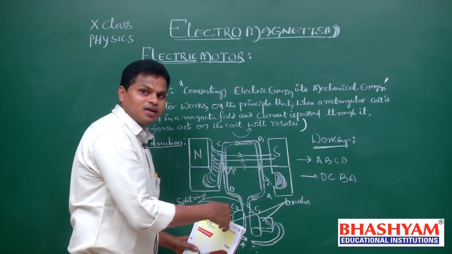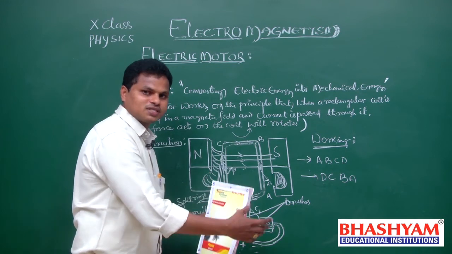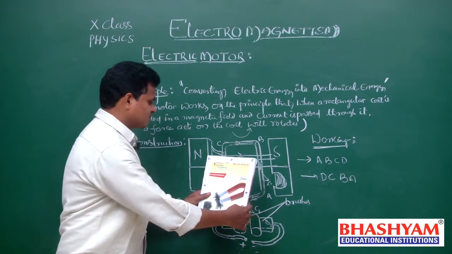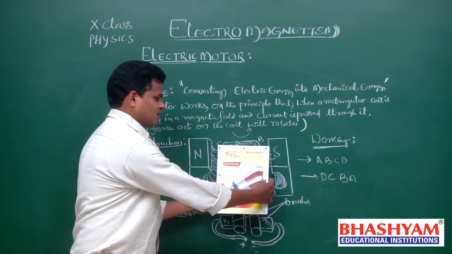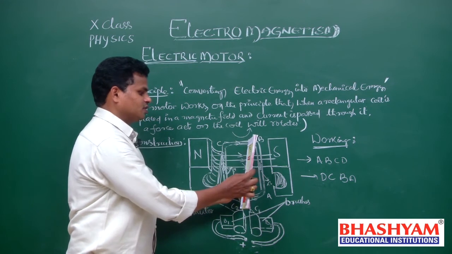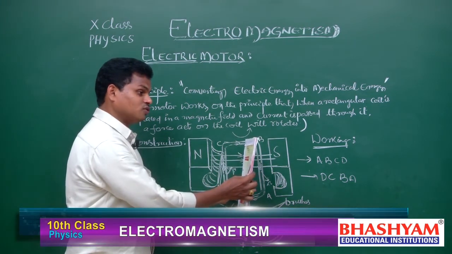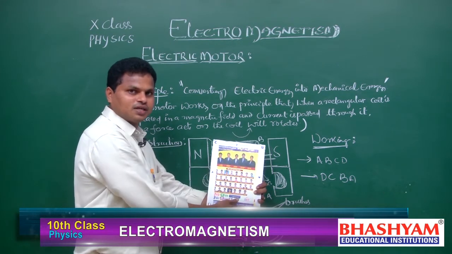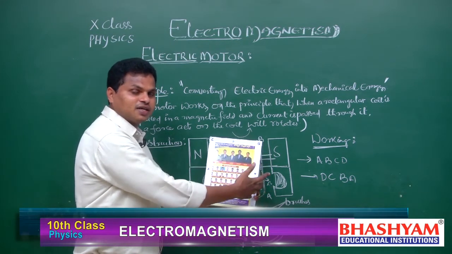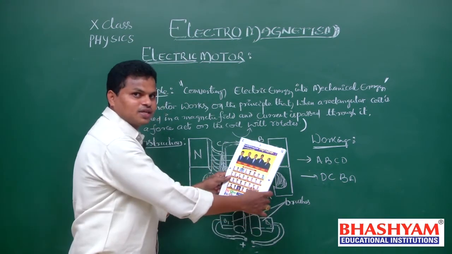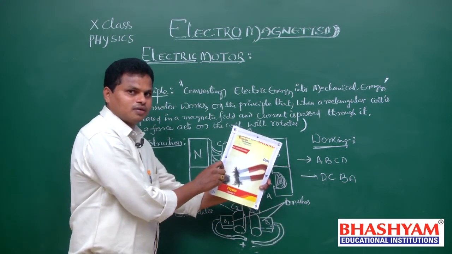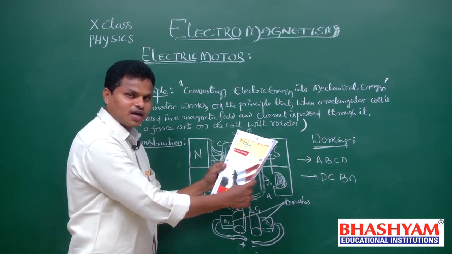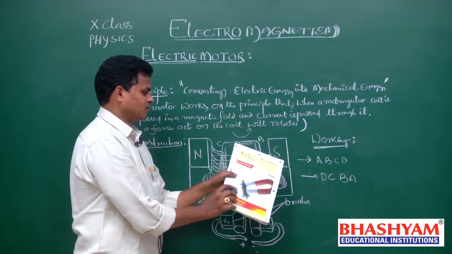That way the coil moves on one side in the same direction. Once again, actually the position is like this. At the quarter rotation, there is no motion, but due to inertia, it moves. After half rotation, the current passes in the reverse direction. That's why the coil rotates continuously. The coil continuously moves in one and the same direction.